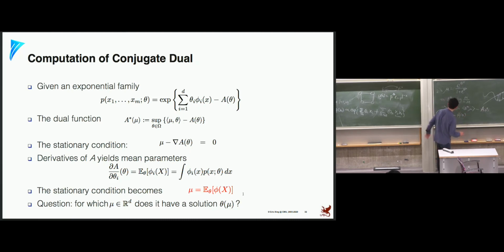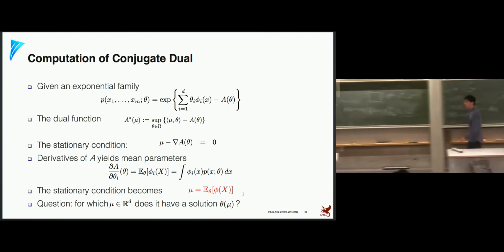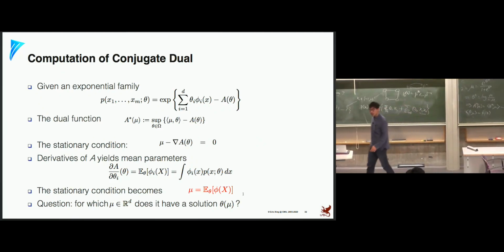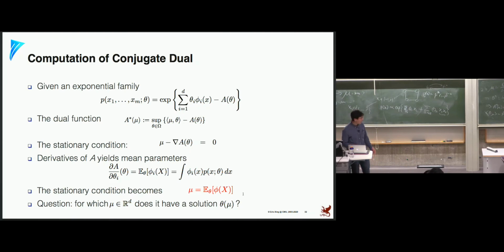Sorry, A theta. If we take the derivative with respect to theta, it's just going to be mu, right? And then we know the gradient of A is going to look something like this. And this is essentially the mean parameter of the exponential family. So it's taking the mean of the sufficient statistics. That's the definition of the mean parameters in the exponential family. So that's why we say the argmax here, argmax of mu, is the mean parameter. So we can get two things at once.